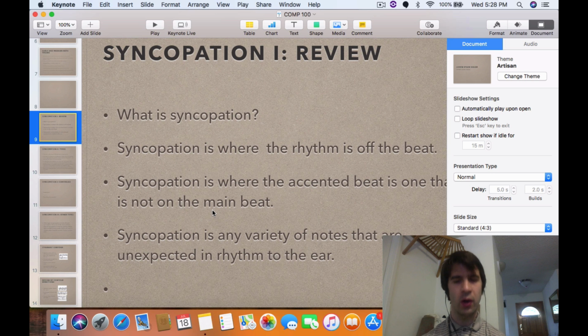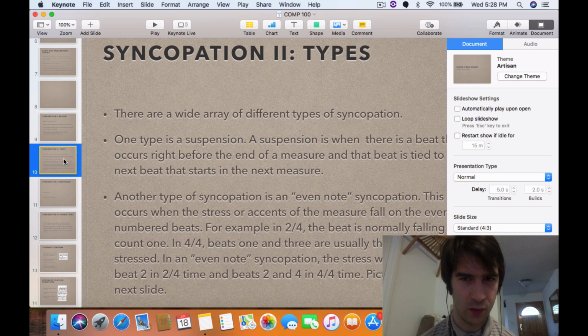So our ears are generally used to straightforward 4/4, no accents. But as we see in the next slide, this is going to be reversed. And there are a lot of different types of syncopation. So we're going to go over to the next slide, syncopation 2, and these are the types of syncopation that there are. There are a wide variety of